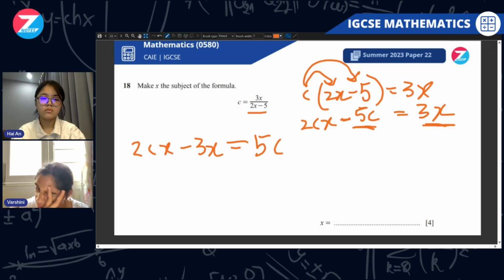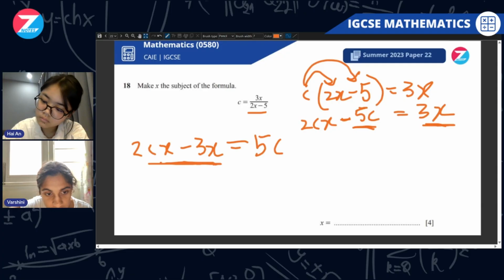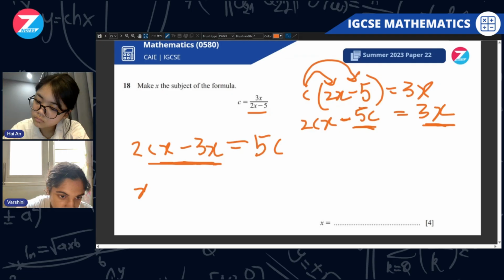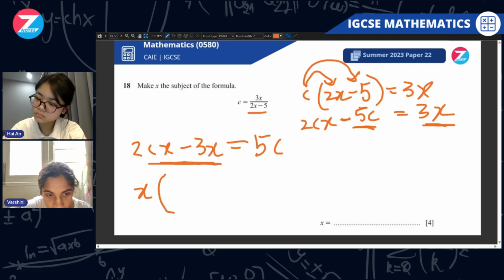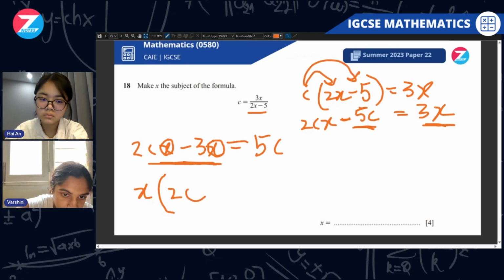So now that we have these two x terms on one side of the equation, we can factorize them out. Okay, so we just want x by itself. So what we have to do is just take x out of the equation. So we're going to write x here. And if we do 2cx by x, so now we've taken x out, factorized x out, we'll just have these numbers, 2c and minus 3. So it's going to give 2c minus 3